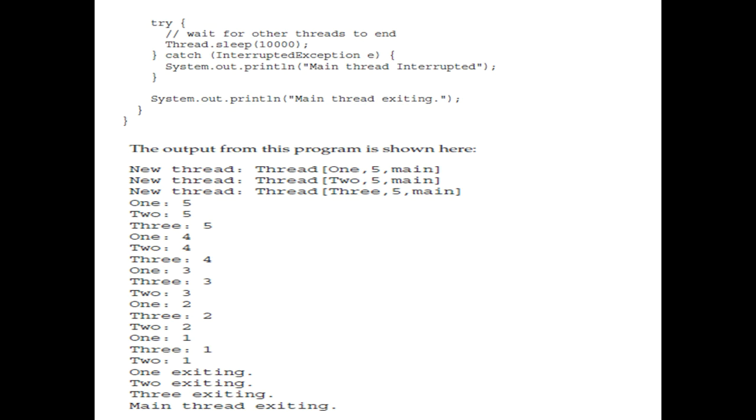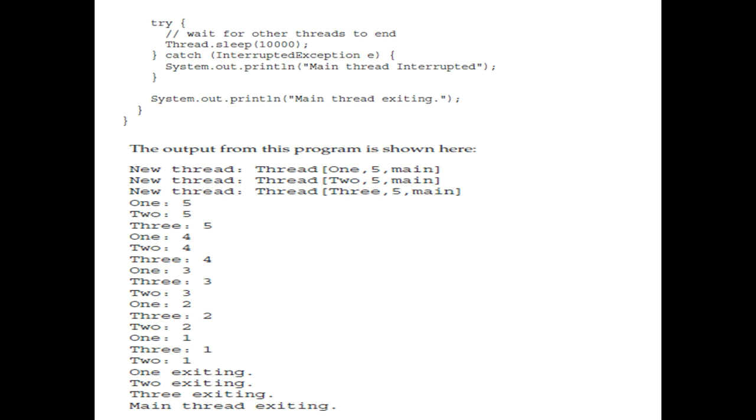So now if you see the output of the program, it's a new thread, Thread 1, 5, main, then Thread 2, 5, main, 3, 5, main. Then the first thread started the execution, which displays the value 5. Then the second thread 5, third thread 5.